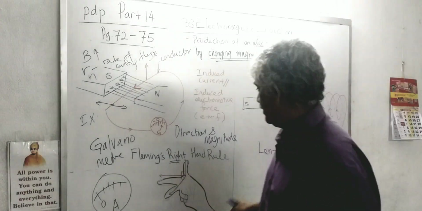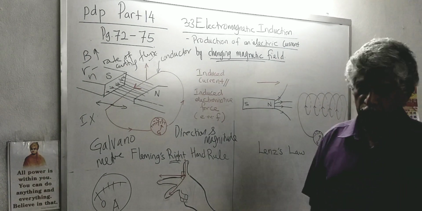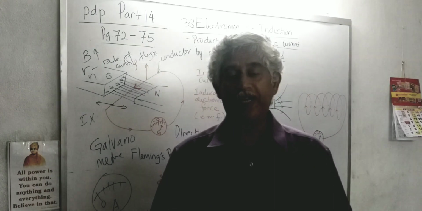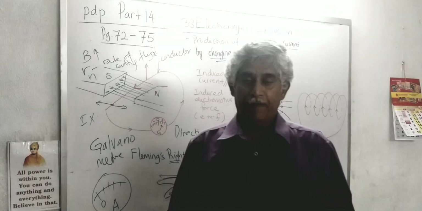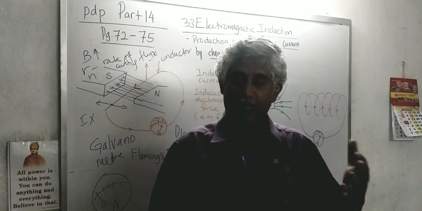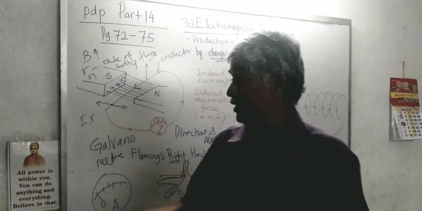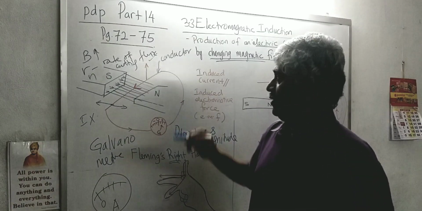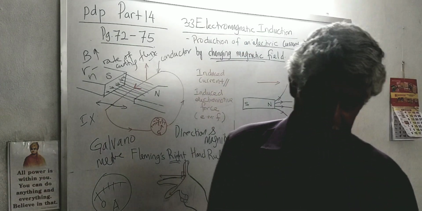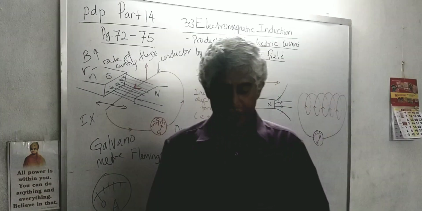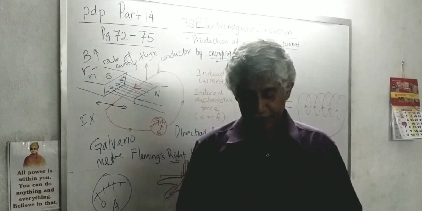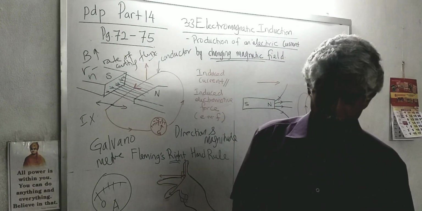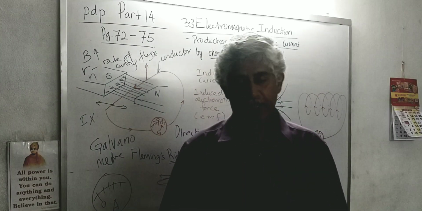Okay. So the next lesson we will see Lenz's law. To conclude, today we learned about how to induce current. We call it electromagnetic induction. Rather than using current to produce motion, here you use motion to produce current, a reverse process. So electromagnetic induction ends today's lesson. Please read up. I am not giving you any questions. Still early. Once we learn Lenz's law, then we can talk about questions. So with that, it ends today's lesson.